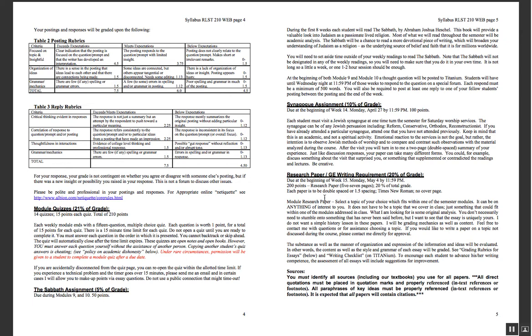So it basically is anything that connects to any one of the modules, and even if it doesn't connect to the module, but it does connect to Jewish studies or Judaism in general, then contact me if you have any questions and you're not sure, and ask for approval. But I'll generally approve it if it's relative to Judaism in any way. It can be ancient, it can be modern, whatever. If you have some questions about creating a topic sentence or a thesis, contact me.